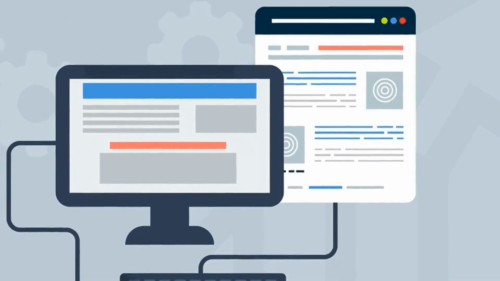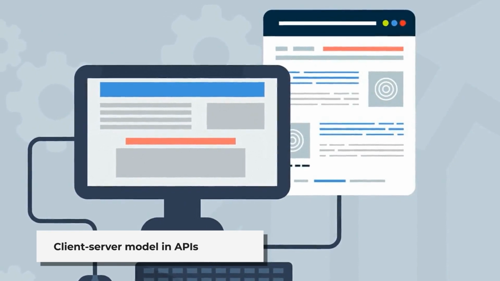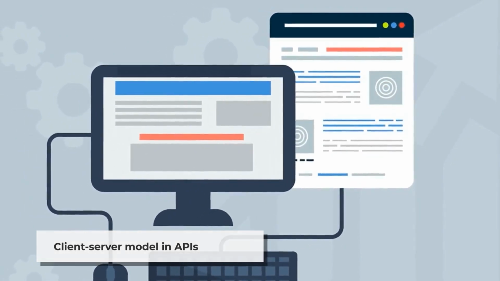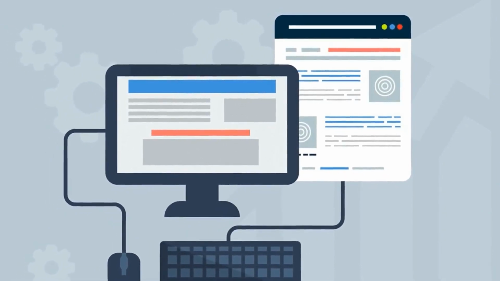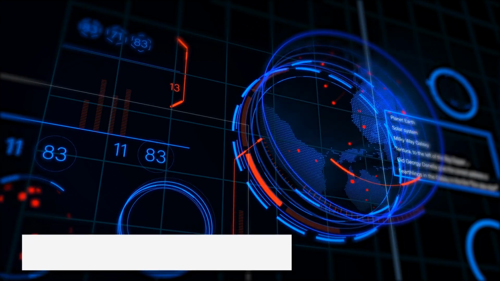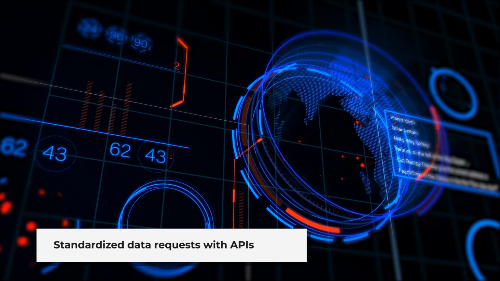To understand APIs, we need to grasp the client-server model. In this model, the client, typically a web browser or mobile app, sends requests to a server, which processes these requests and sends back responses. APIs facilitate this communication by providing a standardized way for the client to request specific data or actions from the